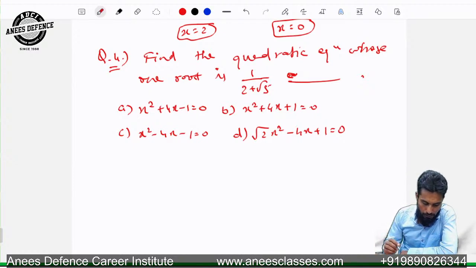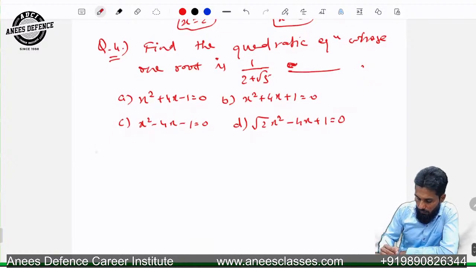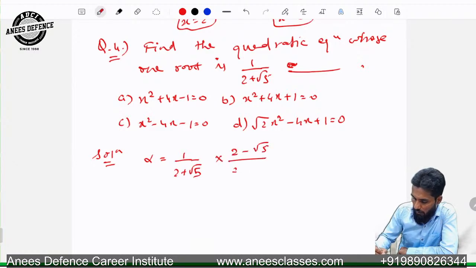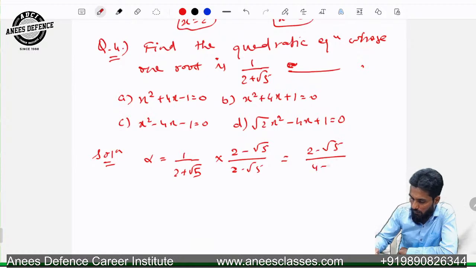Option A, we can check whether it is A or not. So let's see the solution. They have given one of the roots as 1 by 2 plus root 5. Let alpha equal 1 by 2 plus root 5. So we can rationalize it by multiplying by 2 minus root 5 over 2 minus root 5. So we will get 2 minus root 5 upon 2 square, which is 4, minus root 5 square, that is 5. So we will get